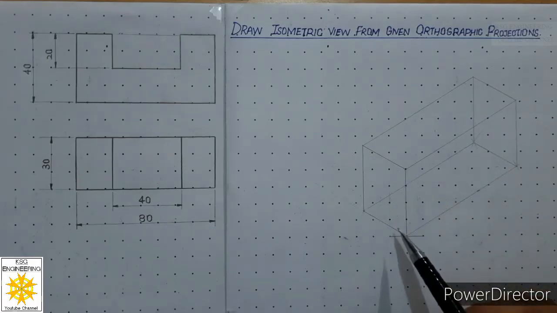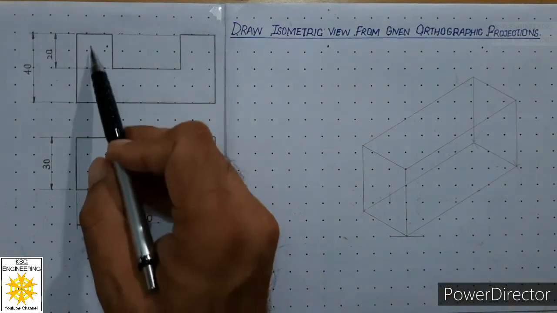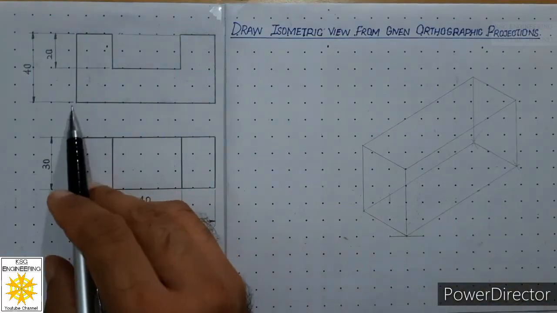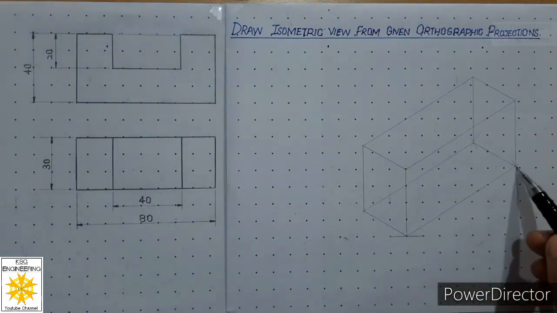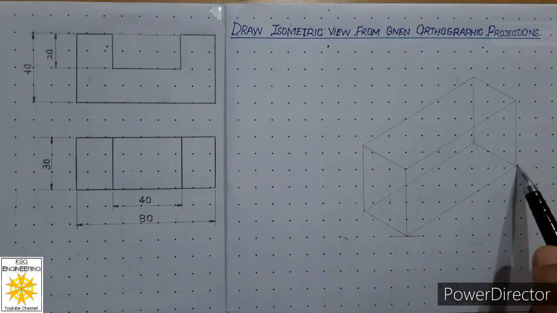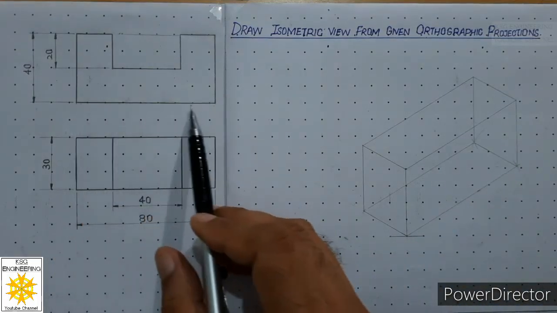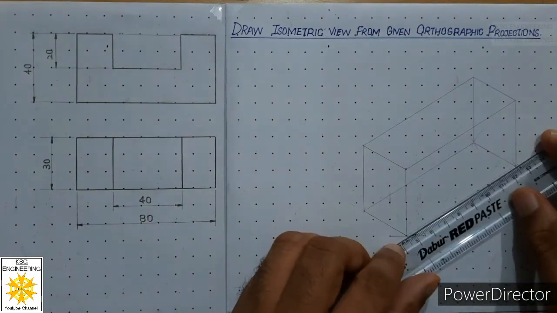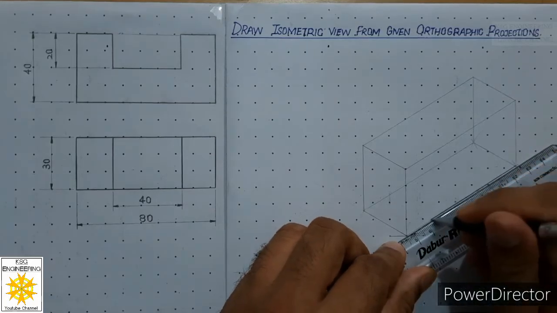You can see this point represents this point. So in order to draw this face, we will start drawing from this point. The length of this face is equal to the length of this box, because the length of this box is 80 and the length of this face is also 80. So to draw this edge of this face, we just make this particular line thick.